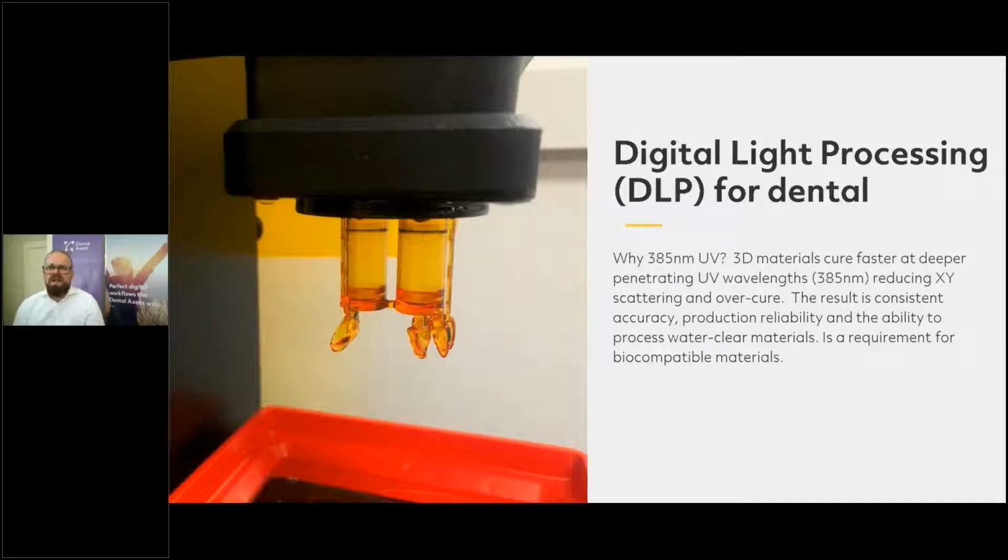It is just that 3D materials cure faster with a deeper penetrating UV wavelength, the 385. So it reduces the X and Y scattering and you don't have so much overcure. The result is very consistent and accurate. You can produce very reliable prints. And the main thing about